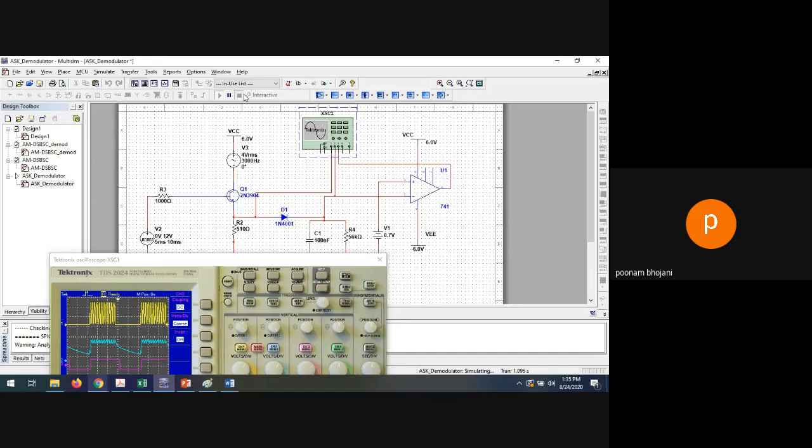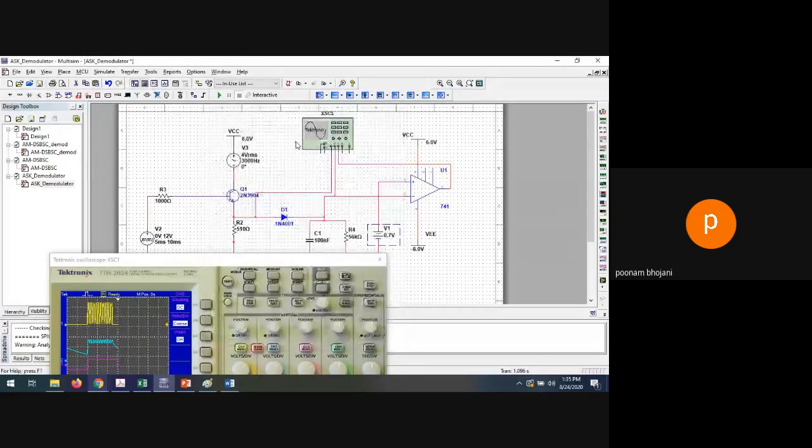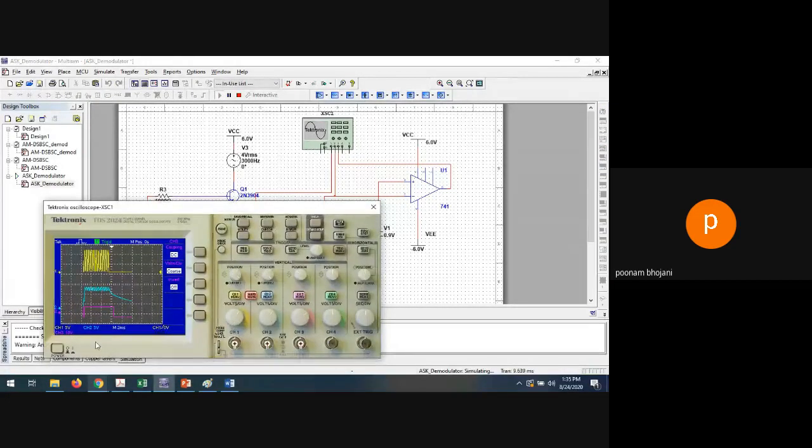So let me increase it a little bit, because this variation is not up to 0.3. So if you increase it to 0.8 or 0.9, let's say I'm keeping it at 0.9 because it is not more than 0.1 variation. So see, your waveform will be like this: 1 0 1 0 1 0, which is after 0.9 it will start decreasing. Again it will be 1, it will be 0.